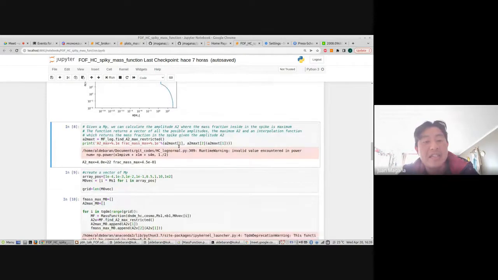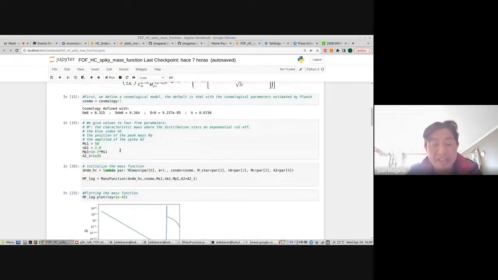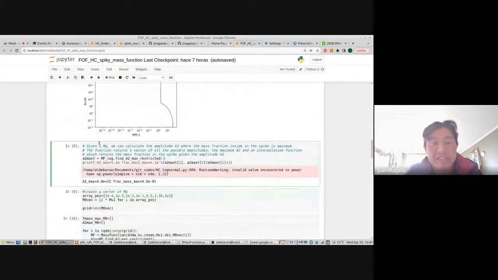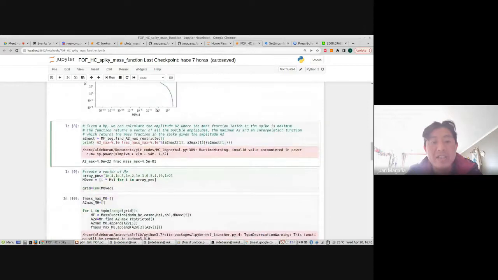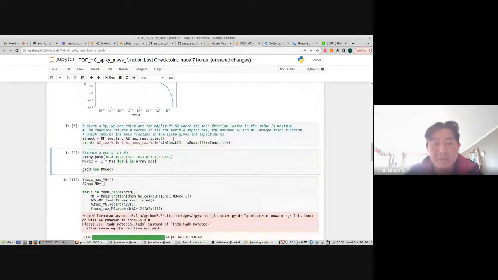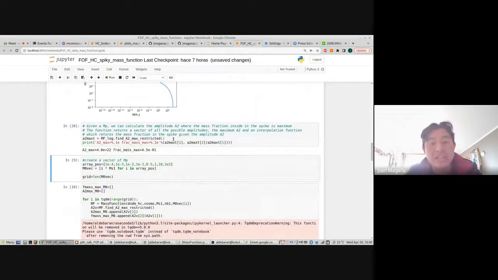And there is a routine in the code, for example, find A2 max restricted. If I use this function for this extended mass distribution with these free parameters, I will obtain the maximum amplitude A2.